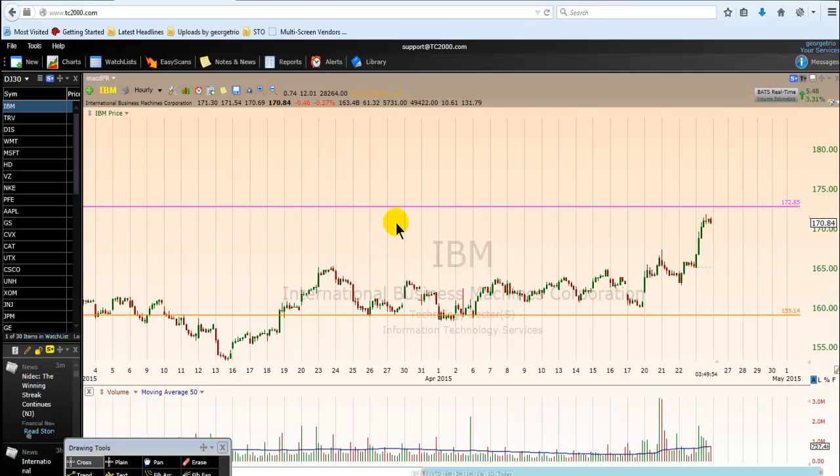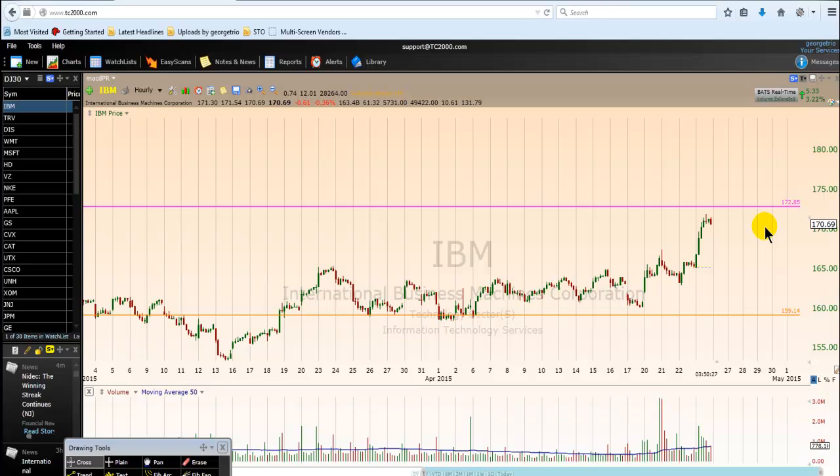All right. So the first key level that we must not forget for the IBM stock throughout 2015 is the long-term equilibrium price level. This level will remain in place throughout 2015. That level is the pink line here, at 172.85. I recommend to traders that are trading IBM stock to have a notebook and to note those key levels down,